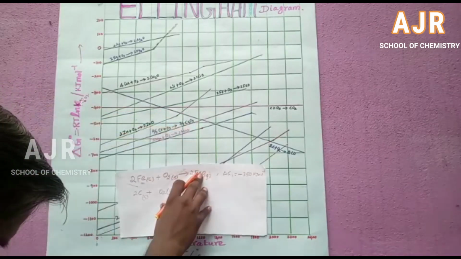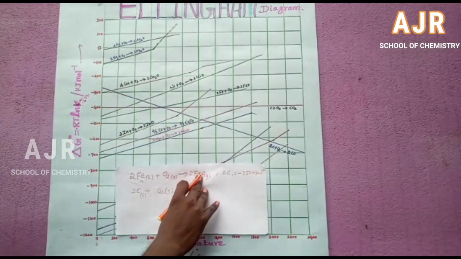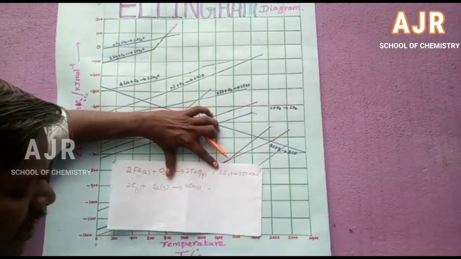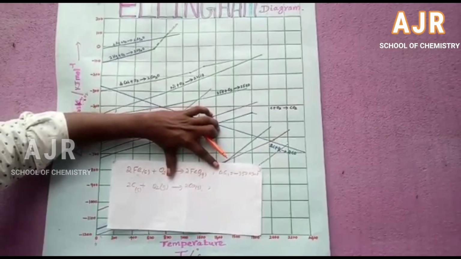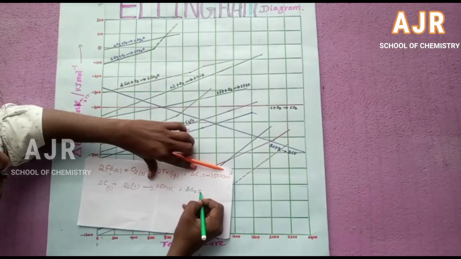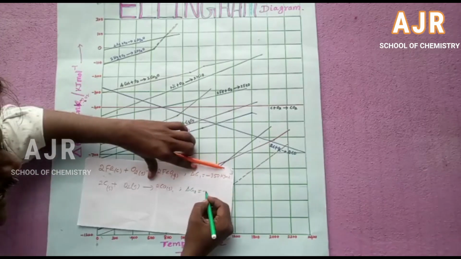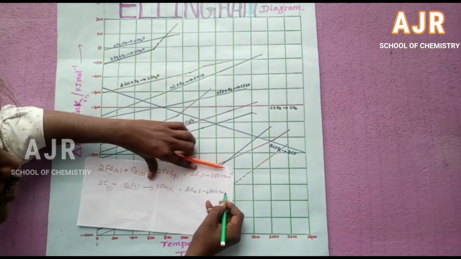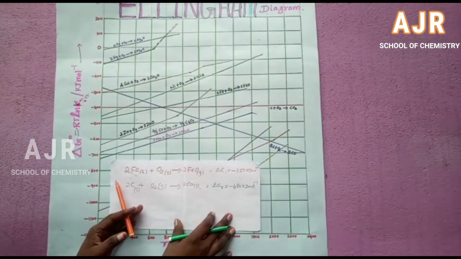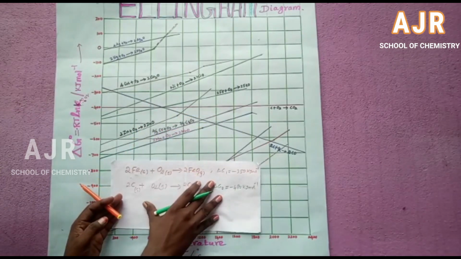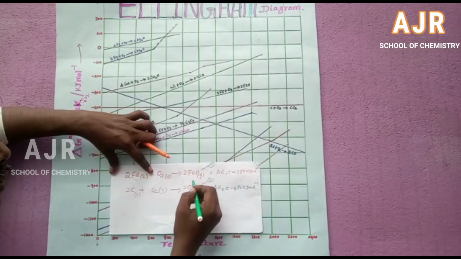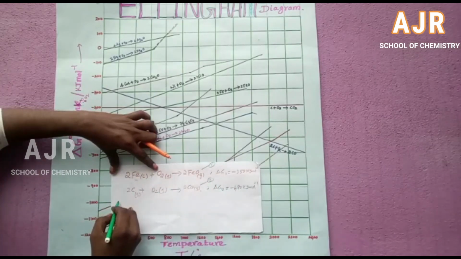For this, delta G value is found to be minus 480 kilojoule per mole. Now, we are speaking about the reduction of metal oxide by carbon, right? So, if this is equation number 1 and this is equation number 2, reversing equation number 1,